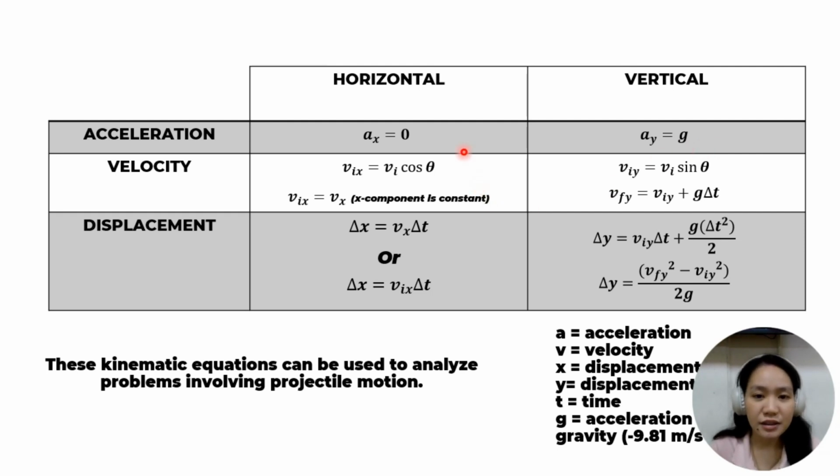Finally, you'll notice that our subscripts in the horizontal and vertical are x and y. You'll notice that our initial velocity variable now has an x beside it because this is the x component of the initial velocity. Thus, it has a v sub ix, or vix. And in the y, we have a viy.